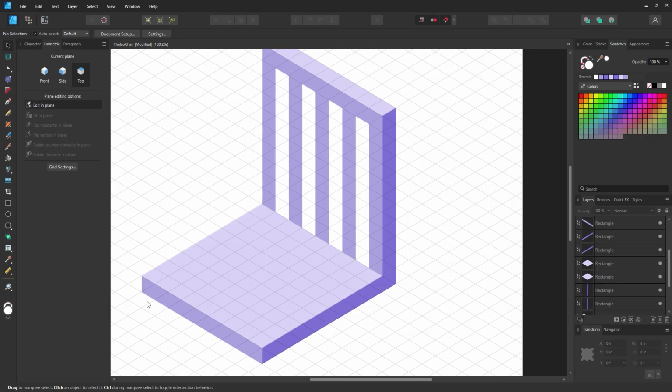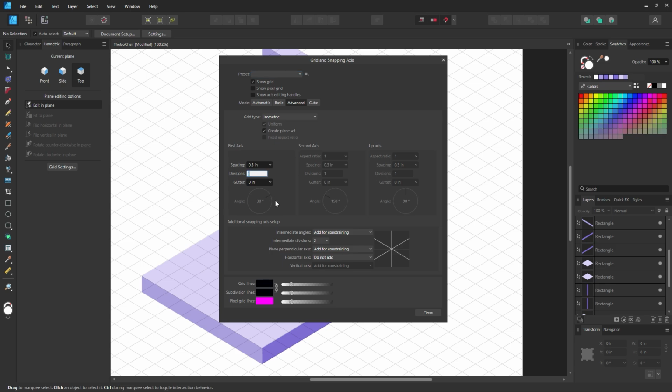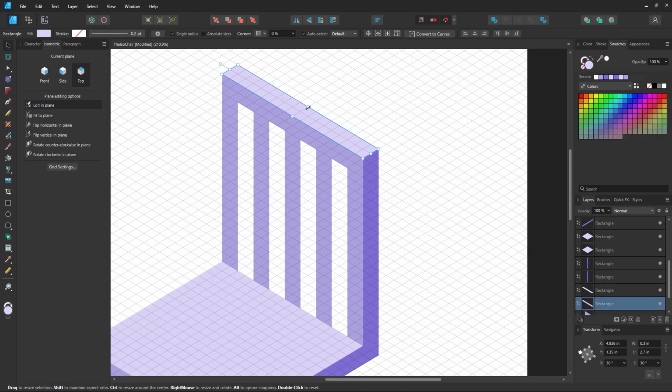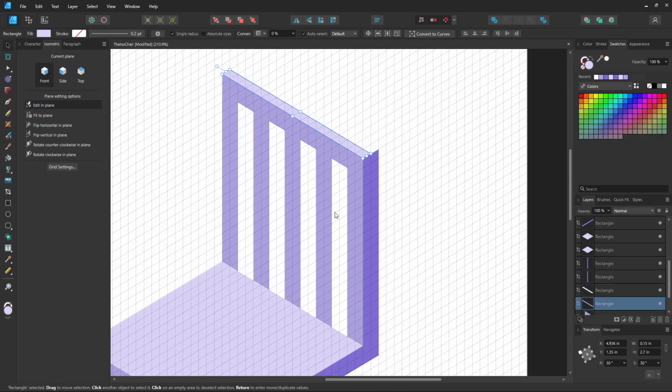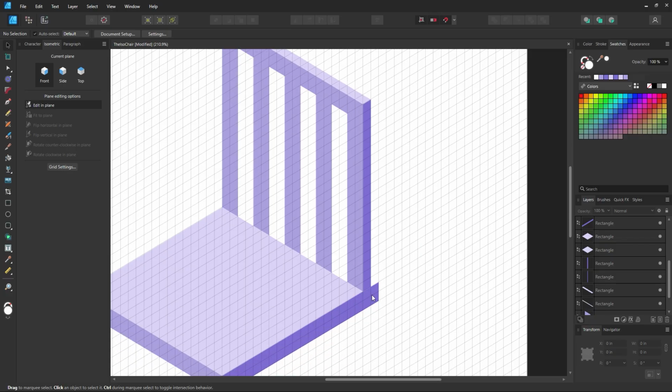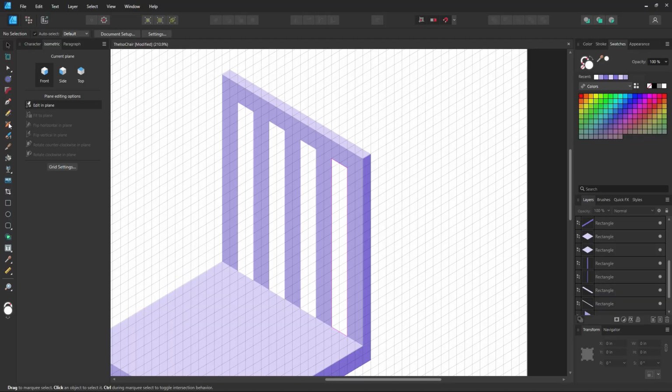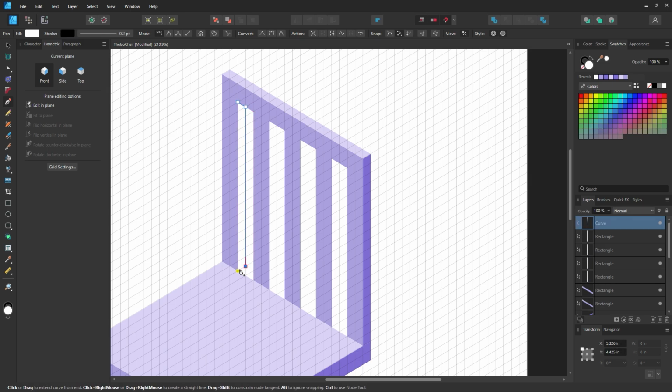So I can keep this down here, the 1 thickness, but I will go into grid settings and I will give myself 2 divisions, and then I will change the thickness of this. So just by bringing everything in just a little bit, and I will adjust this guy, but it's still the 1 width here, but these guys are just a bit smaller, which means I can give the slats a little bit more detail. So grabbing my pen tool instead of the rectangle tool, I'm just going to draw in the next isometric shapes and do it like that,